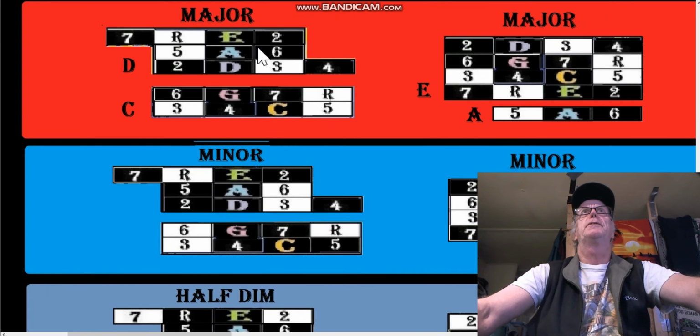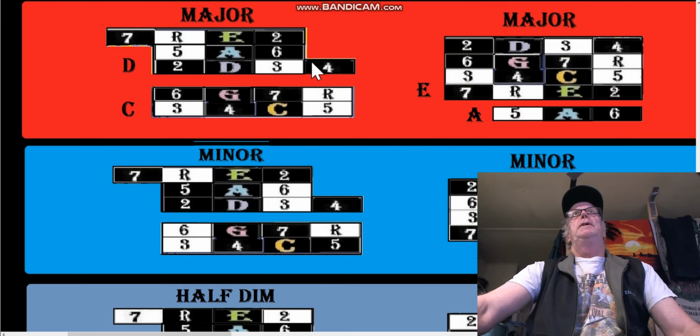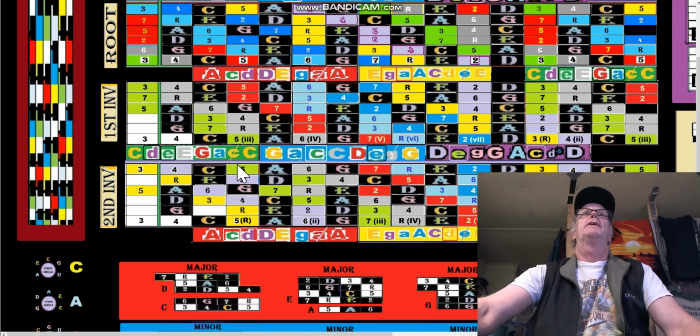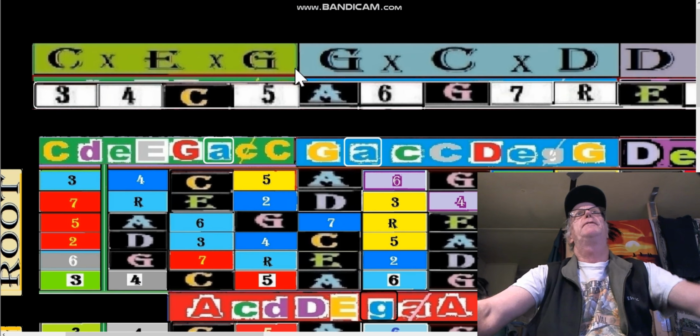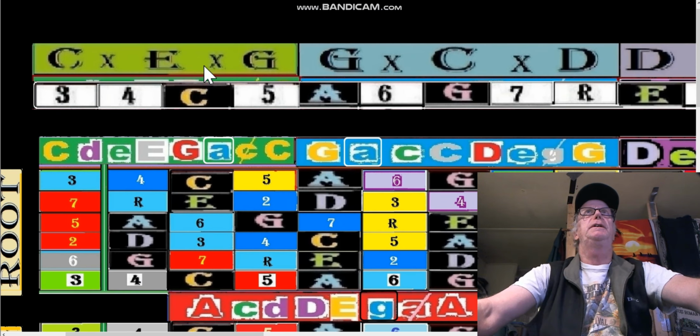And what other string shape is there? Except for the long patterns, none. That's it. Just 5 string shapes, and they spell cage: C, A, G, E, D. So I have a little part of this diagram here that'll show us where that really happens. So if we have the tripentatonic CEG cage,